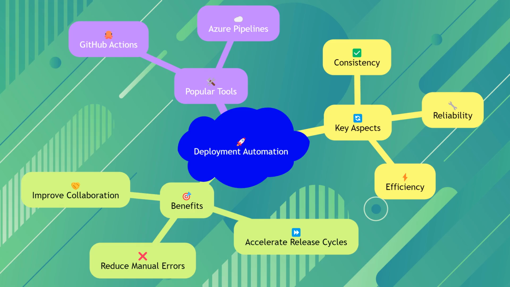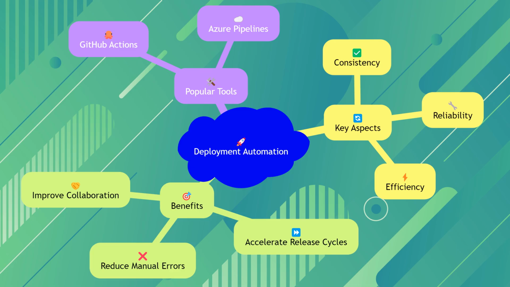Deployment automation is a critical aspect of modern DevOps practices. It involves automating the process of deploying applications to various environments, ensuring consistency, reliability, and efficiency. By automating deployments, teams can reduce manual errors, accelerate release cycles, and improve collaboration between development and operations teams. This presentation will explore the key aspects of selecting a deployment automation solution, focusing on two popular tools, GitHub Actions